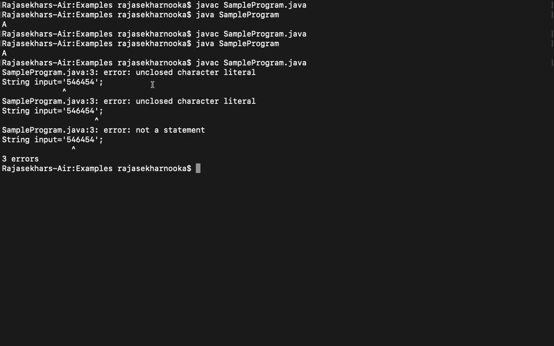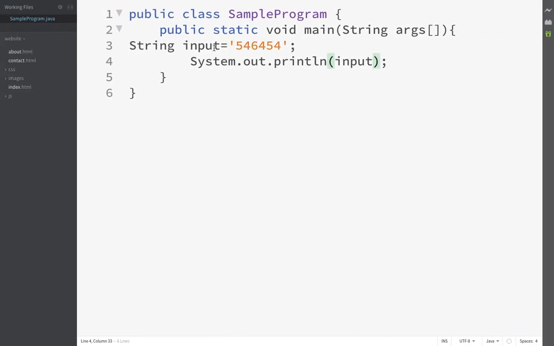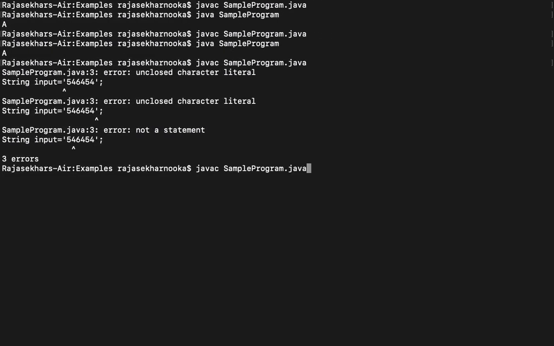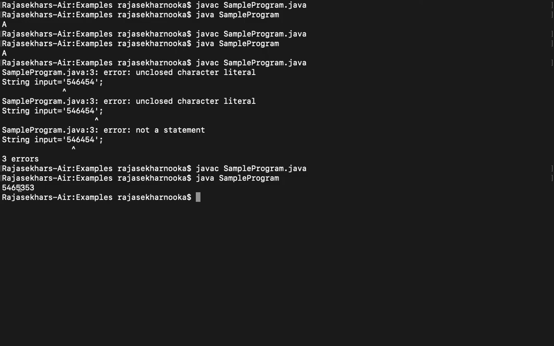Here it displays a compilation error, unclosed character literal. Strings always use double quotes. Here we are using single quotations. Now compile the program. It displays the output. Here there is no compilation error.